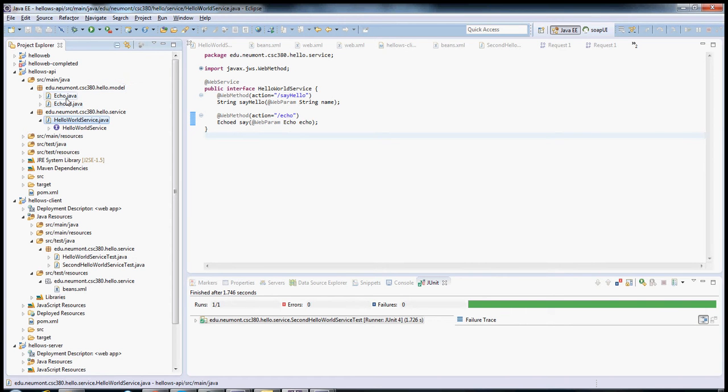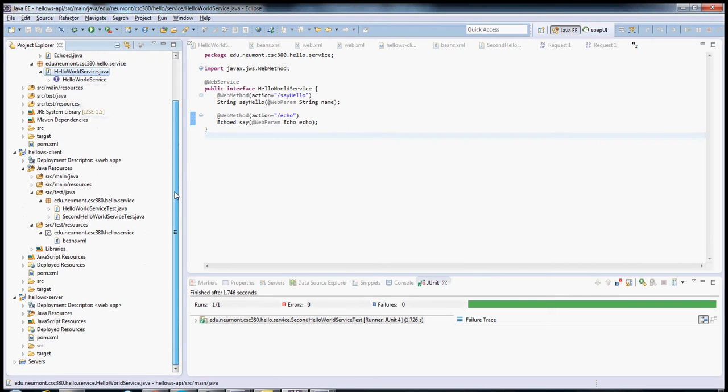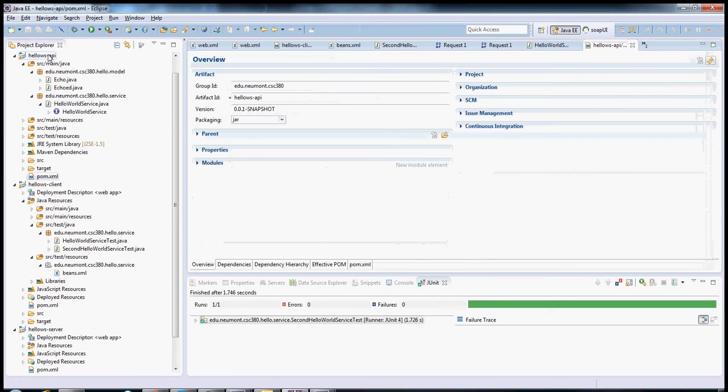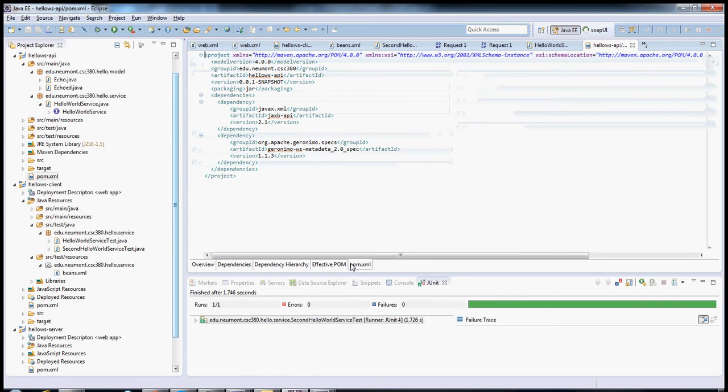Because these classes are shared, we'd like to have some way to not duplicate them, to not just have to copy them between the 2 projects. And so Maven comes to the rescue here. What we do is we create another Maven project called API. And we say that the packaging is jar. What that means is that it becomes a library itself, and it becomes a dependency that is available for resolution